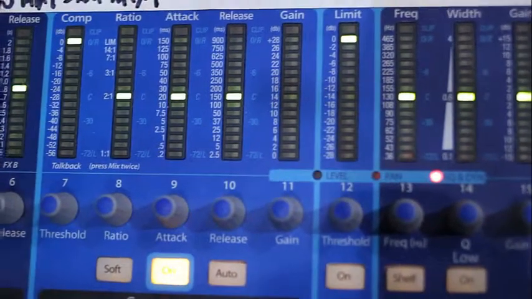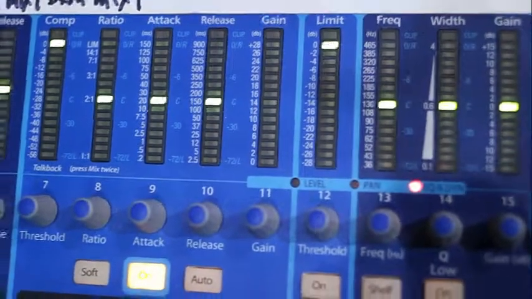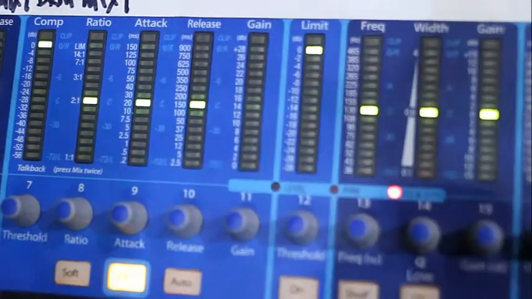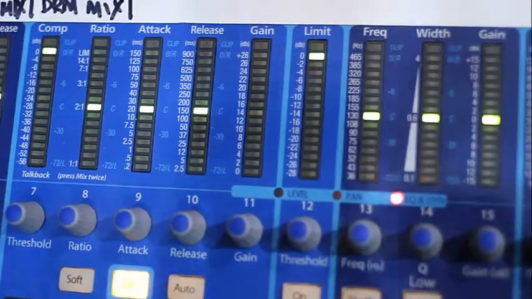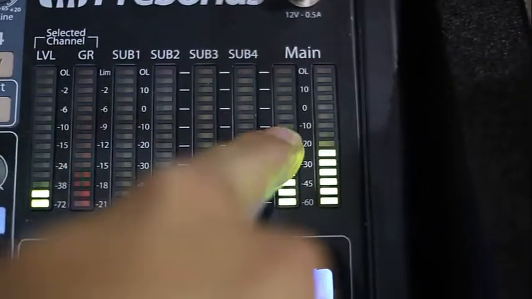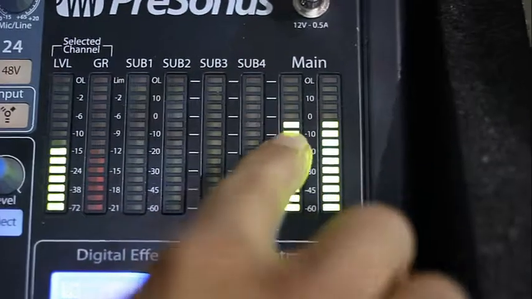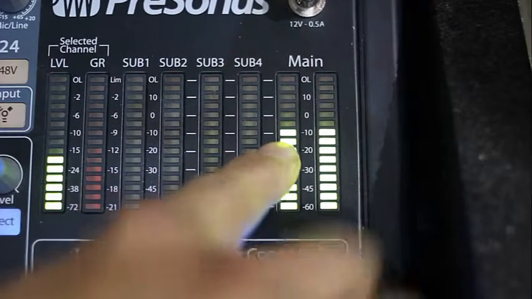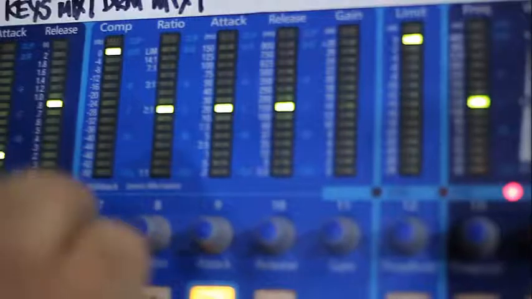So now we'll actually go ahead and see what happens when you compress the signal. So now I have a signal here, which is pretty good. I like that signal. It sounds nice and clear. It's coming through. I'm not clipping the mains output, right? I'm pretty much giving it a lot of volume actually on the mains here. So I want to keep it within that range, within that 0 to, I don't know, negative 5 or so. So I'm going to go on my compressor, I'm going to say, hey, I want to